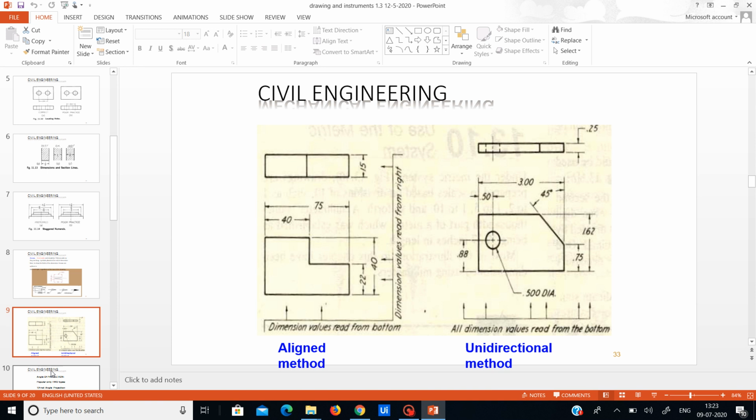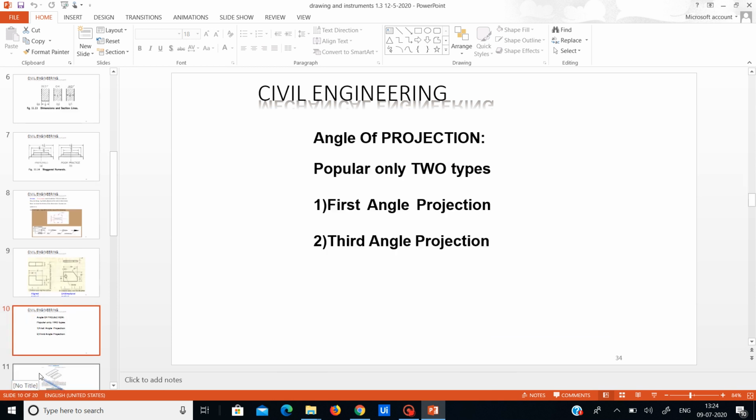See the dimensions. When you see the dimensions, you can understand the whole diagram in a span of seconds. So this is how you have to take the dimensions in an accurate manner. And see here, angle of projections are popular in two types,